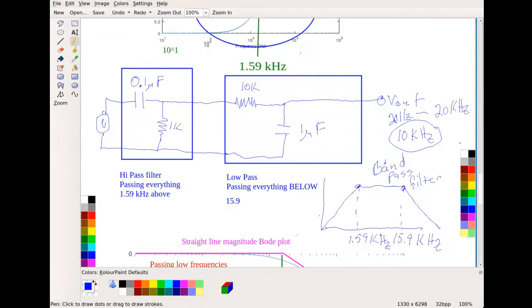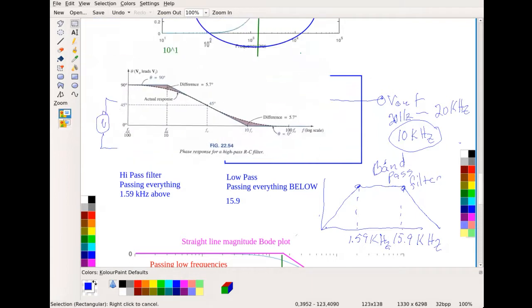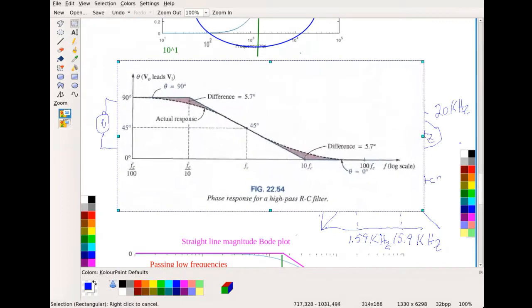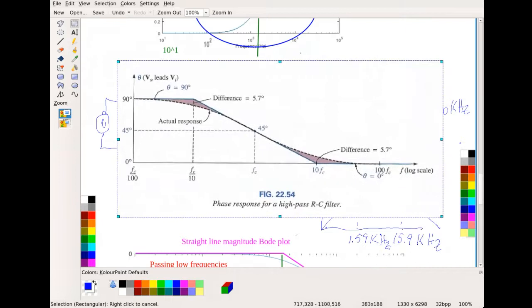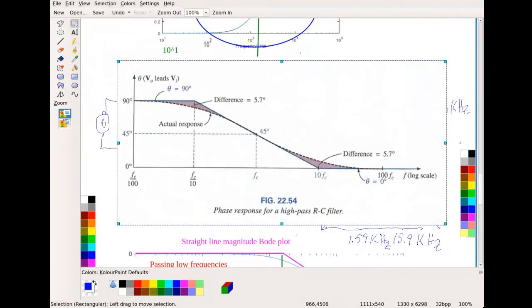Whatever page I'm on here, 991. Okay, so yeah, this is the plot from the book, page 991, which is showing the phase angle. All right, so notice here that this is for the high pass filter case, and so the phase angle is